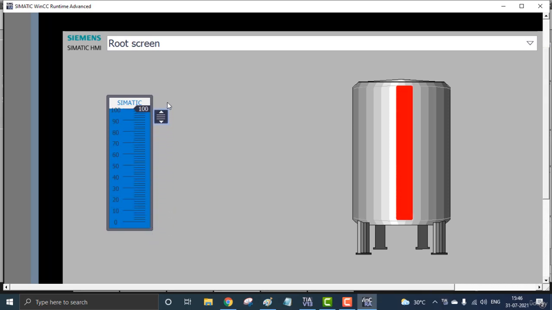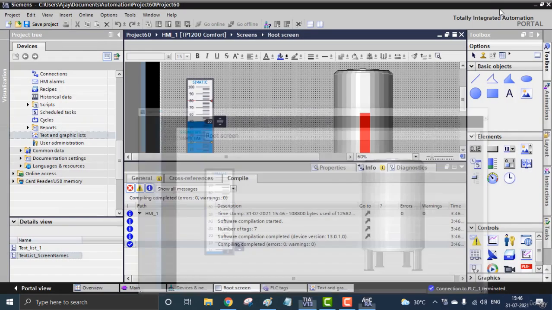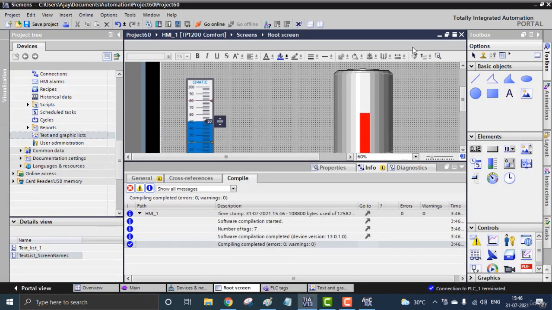We can actually do a process where, when the switch is on, the blower or the pump will be on, and the tank will be filled with the help of the PLC at the end. That's kind of a project. Anyway, that's it. This is the filling and the color shades. Thank you.